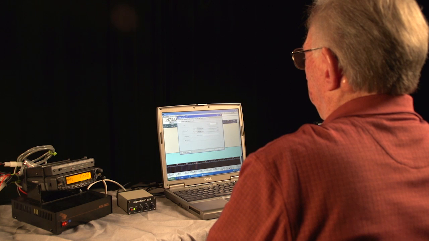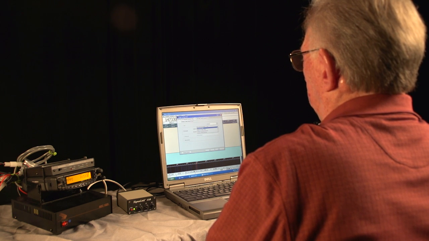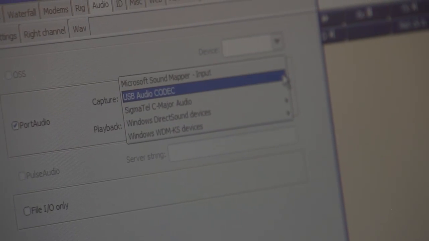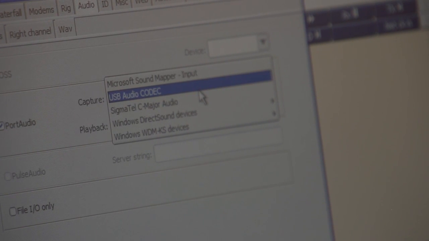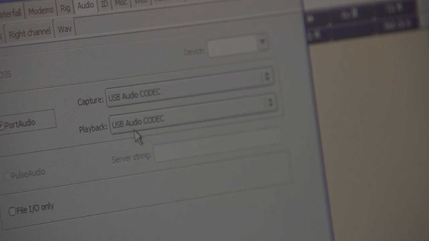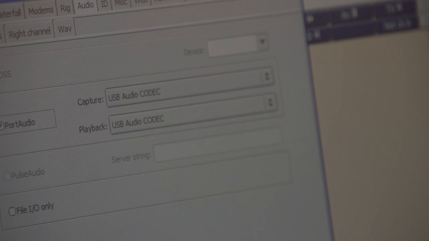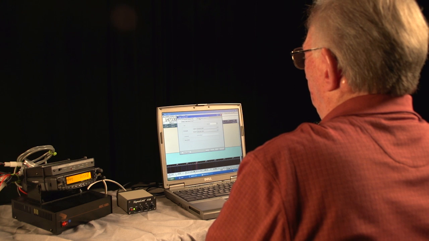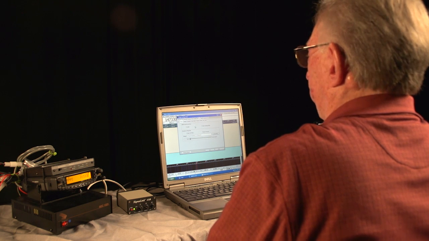This is critical here because we can go in and select different audios for the capture and different audios for the playback. In using the SignalLink device, you're going to use USB audio codec, C-O-D-E-C. That is the function. You want to select that. In playback, you have the same options, and we want to use USB audio codec also. Again, save. We'll scroll on over to miscellaneous,